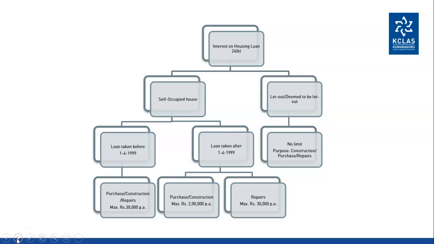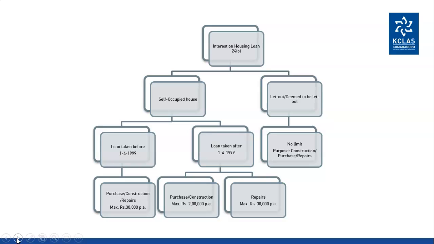One, the construction or acquisition of the house property with regards to which the exemption is to be claimed, may be one or two such self-occupied houses or flats or units, is completed within 5 years from the end of the financial year in which the capital amount was borrowed. So which means to say, once you borrow, from that particular date, within 5 years the construction has to be completed or purchase has to be done.